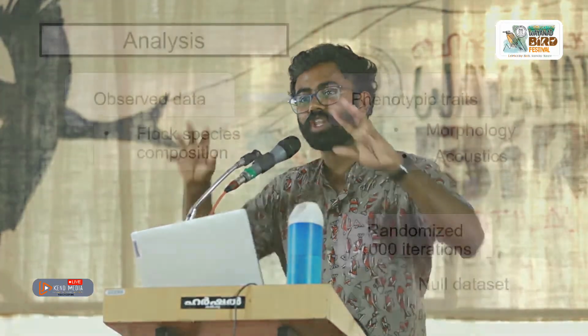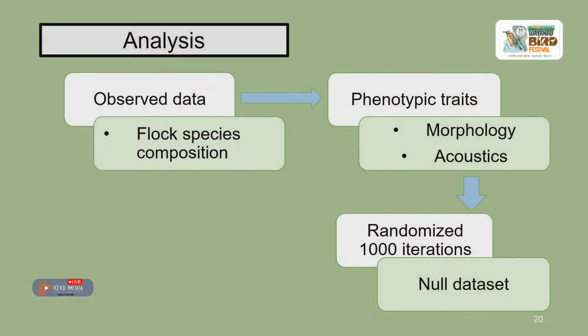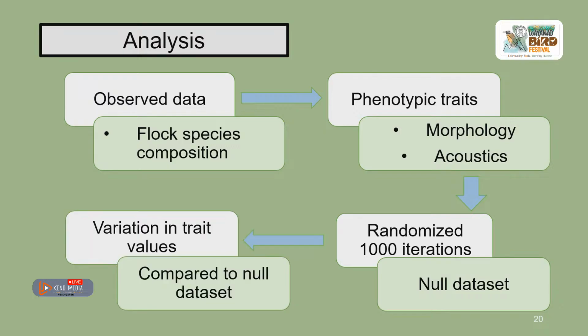What is a random flock? If we have a community of species and we were to randomly put species together, what that trait space would look like as a community is a random flock here. So a simple way to do it is you have rows that are species, columns that are flocks, and you fix the total number of species and pool in the species based on their probability of occurrence in the entire matrix. So basically those are null flocks, and we can do it 1,000 times,